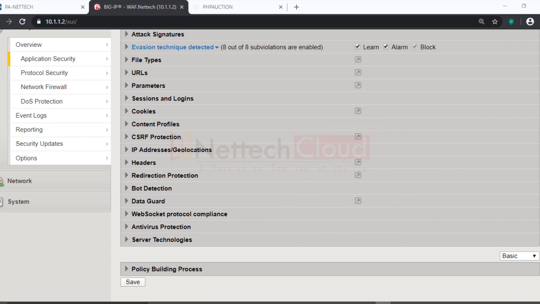So you understand this web application firewall cannot be compared with the next generation firewall. Yes, up to a certain extent some of the features are common, but not all.